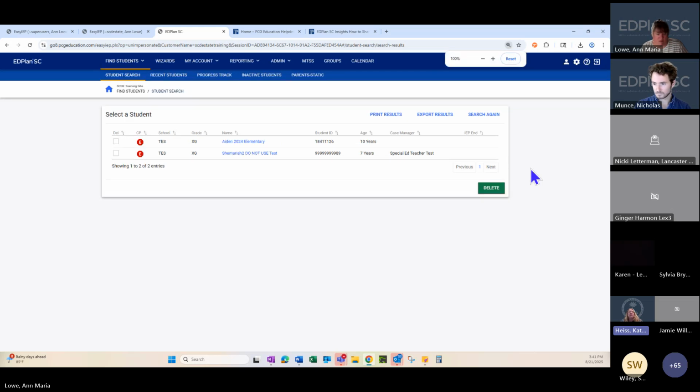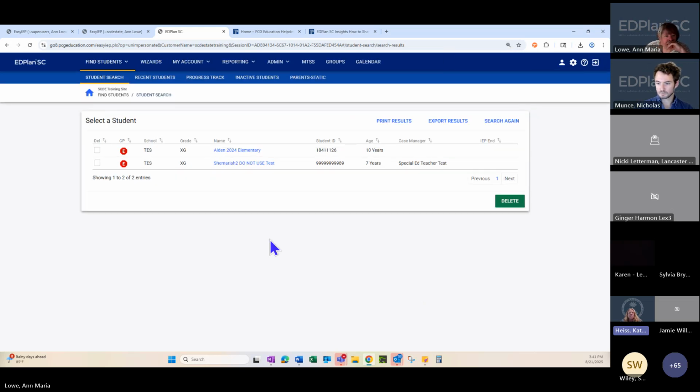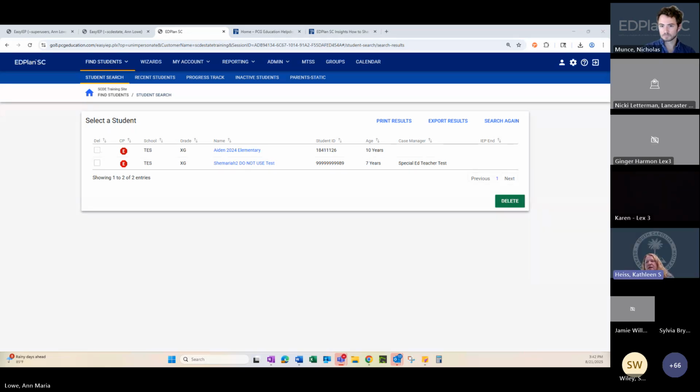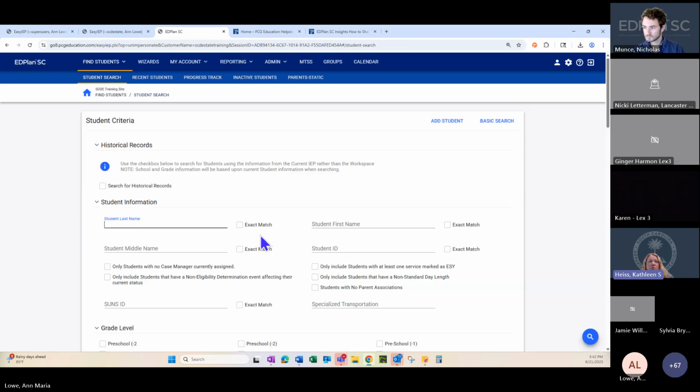Also, what I'm finding when I'm working with districts and fielding some questions is we have a way to get them into the SSI. We have a process, whether you contact the PowerSchool person and they put them in there for you, or the power users are putting them in, but we're not seeing that districts have a process to get them out of SSI. If you're running your report and you're seeing a lot of students, what we're seeing when we're helping districts with their data cleanup is that they have a lot of students in SSI who should have been removed. They weren't because there is a process to get them in, but not a process to get them out. They're not at the school, and they're not getting unenrolled the typical way.